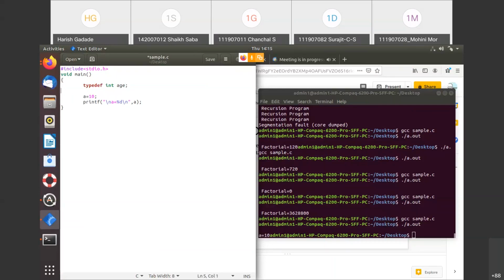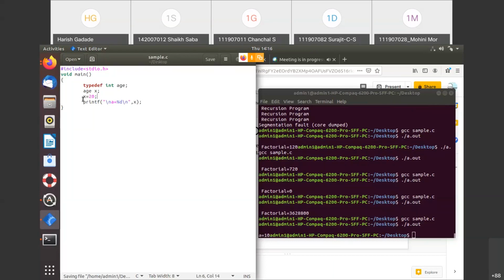Now you can see here, suppose I'm doing this x. Here x is a variable of type age. You just understand here that age is a data type of integer. I have created this age data type, my own data type using the keyword typedef. And if I assign something here, suppose x equals 20, right?